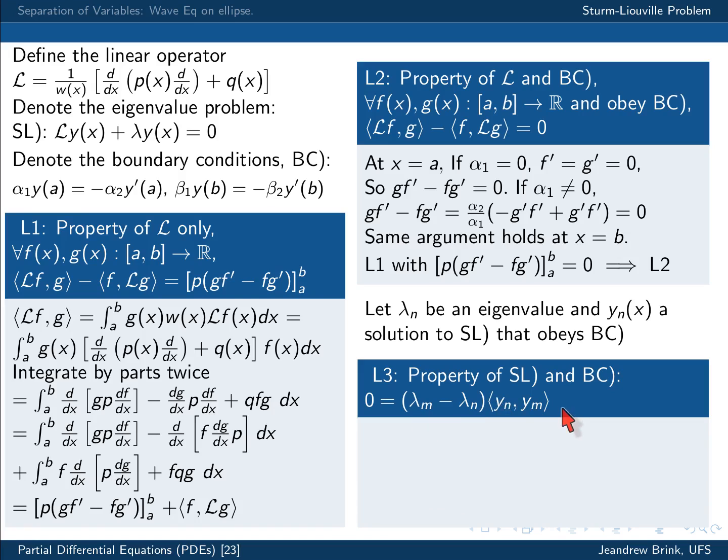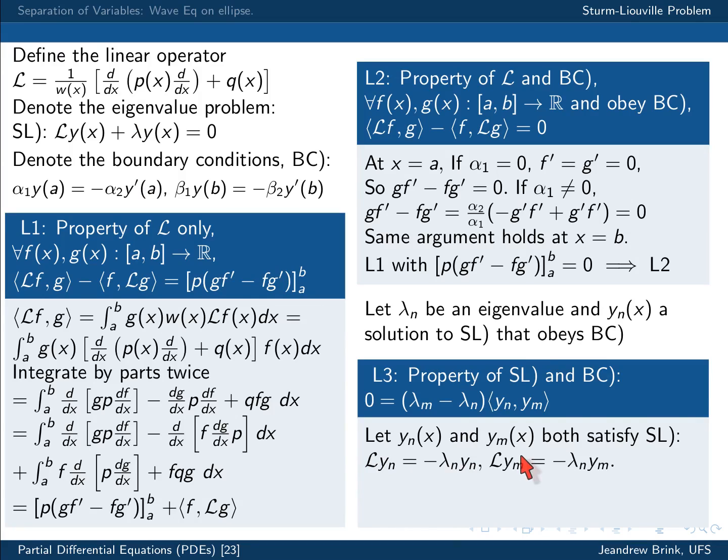So let's just quickly prove this before we conclude this lecture. Let yn of x and ym of x both satisfy this condition, so you can just write it out. The linear operator applied to yn is simply a rescaled version of itself, and the linear operator applied to ym is simply a rescaled version of itself. And we also know that it obeys the boundary conditions. Therefore, by lemma 2 over here,